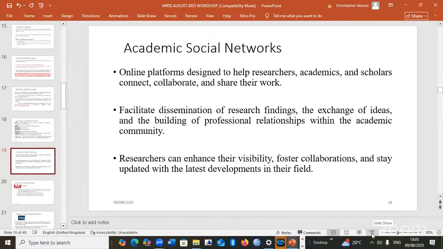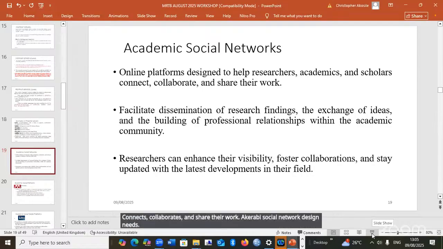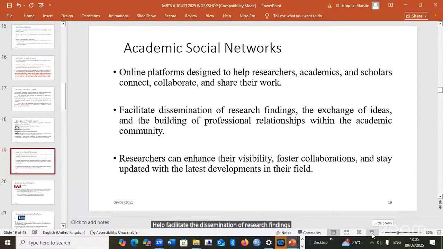Academic social networks help facilitate the dissemination of research findings, the exchange of ideas, and the building of professional relationships within the academic community. They enhance the visibility of researchers, help researchers foster collaboration, and also stay updated with the latest developments in their field. So we'll consider some of these academic social networks.